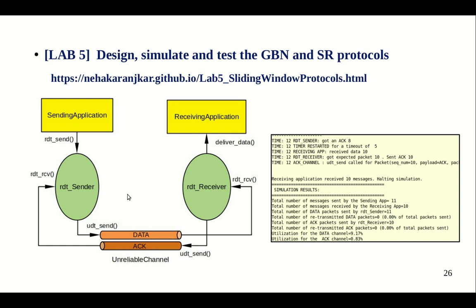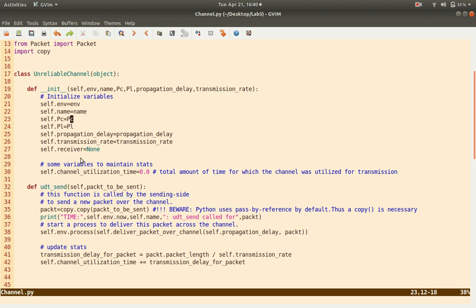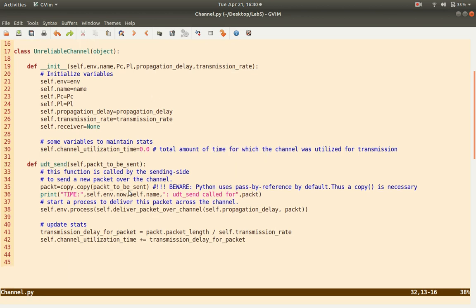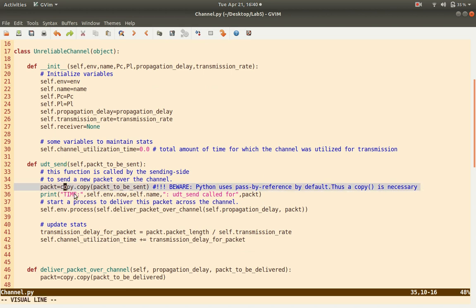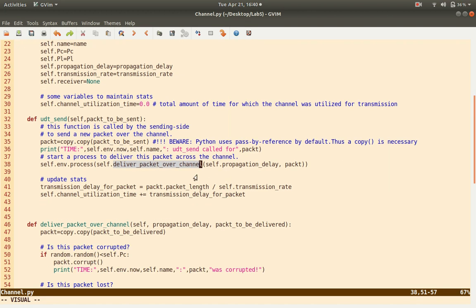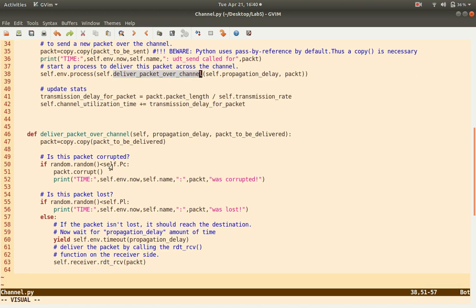Let's see if the code reflects that. Here is the UDT send function. Basically a packet is created, a message is printed, and then this deliver packet over channel process is called. After this we just update some statistics: the channel utilization time is increased by the transmission delay. So what does this process do? It sees if the packet was corrupted.